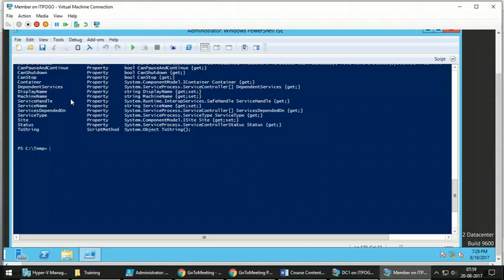Let me show you how to create a credential object. In this case, the username is administrator. I am creating variables. The username, and I will give the domain name also.